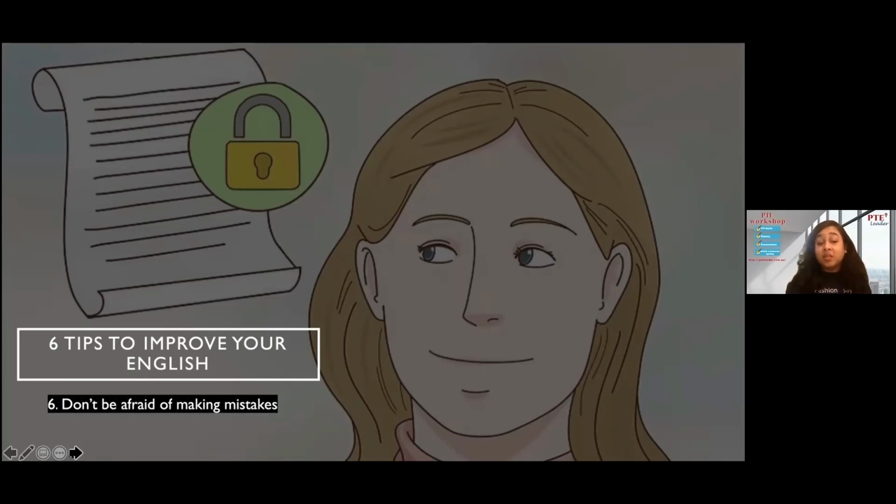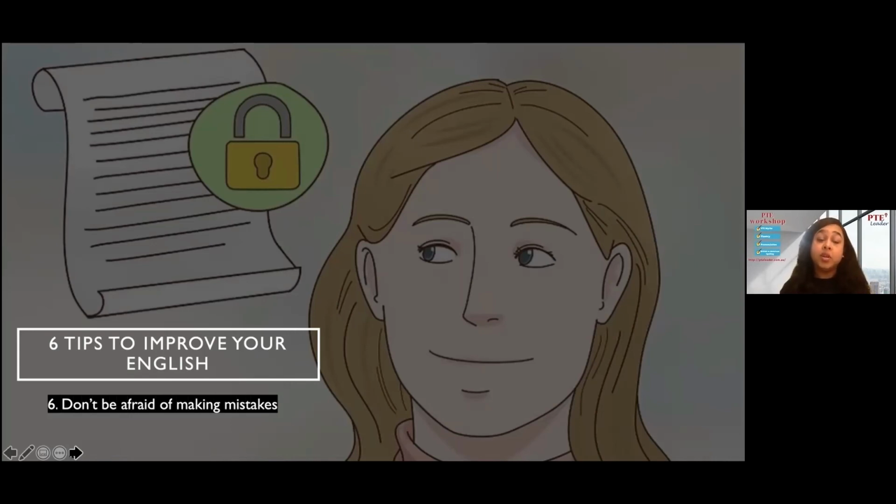So make the mistake once, learn from it, and don't repeat the same mistake again and again. So yeah, that's a very useful one. Don't be afraid of making mistakes. One way of not feeling bad or not feeling